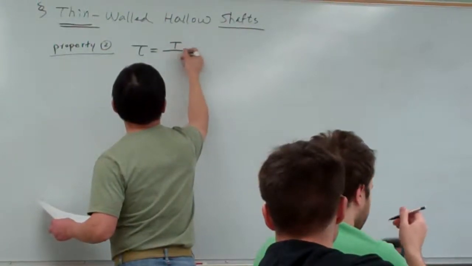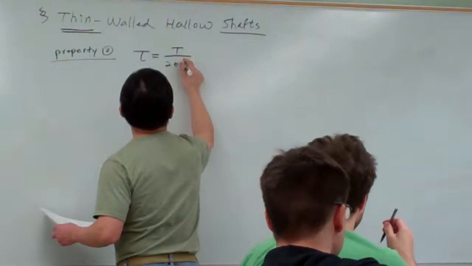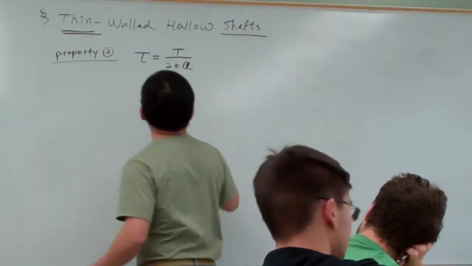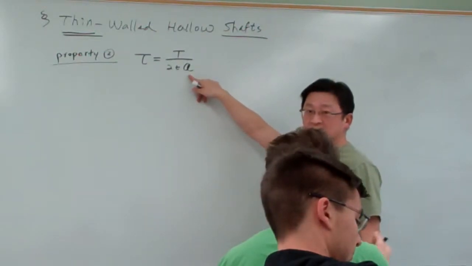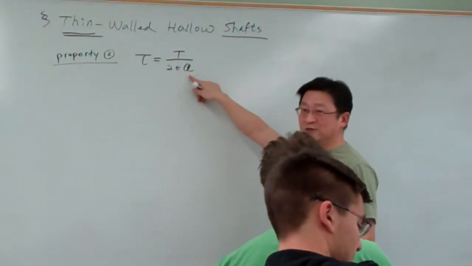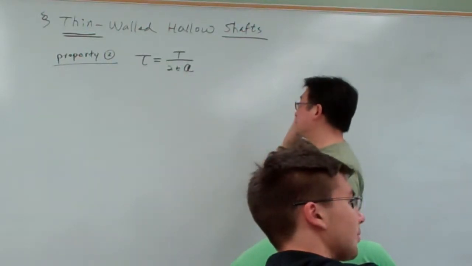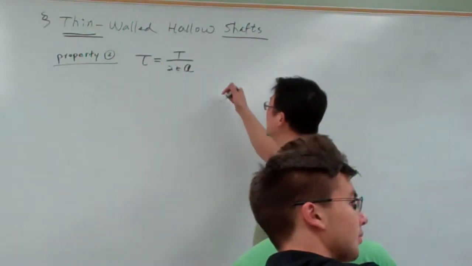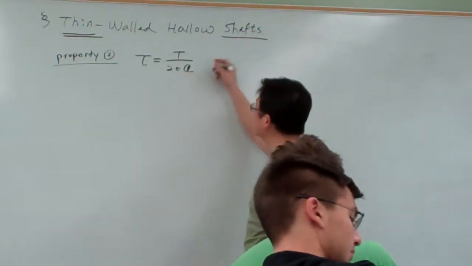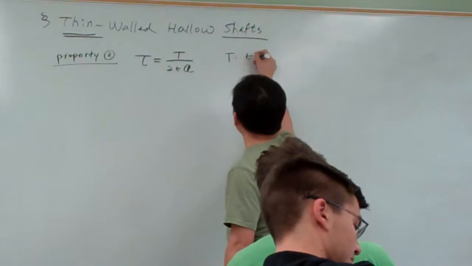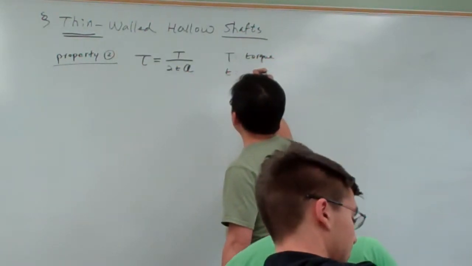T divided by 2 times T times A. Okay, I try to use the same symbol as you will see in our textbook. In the textbook using a very special symbol A. And here I would explain here the T is the torque and T is the